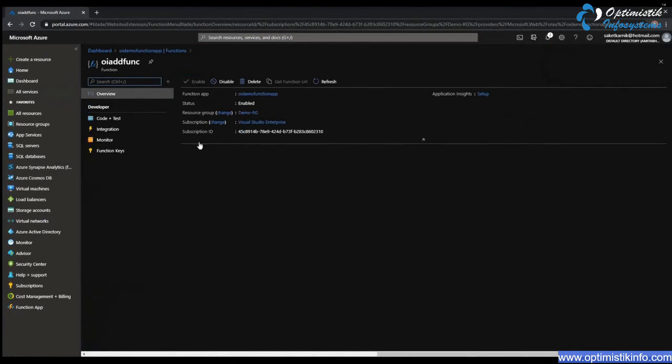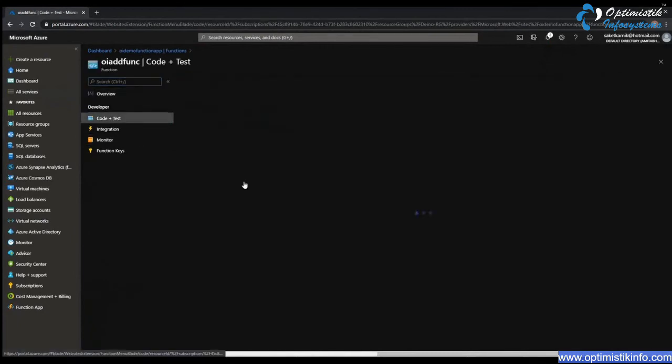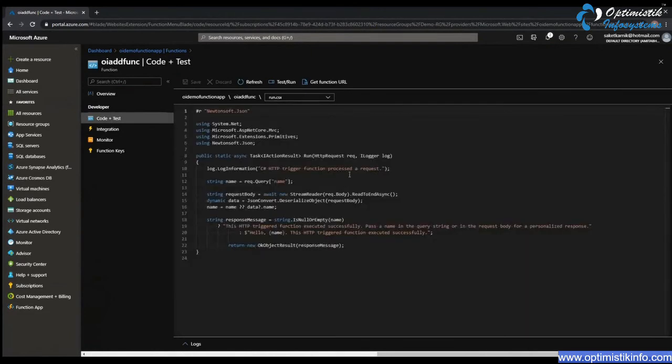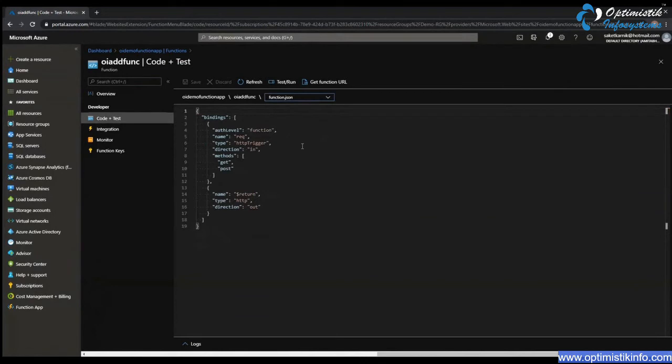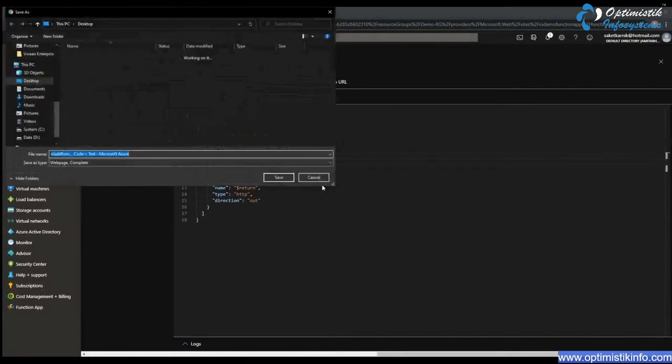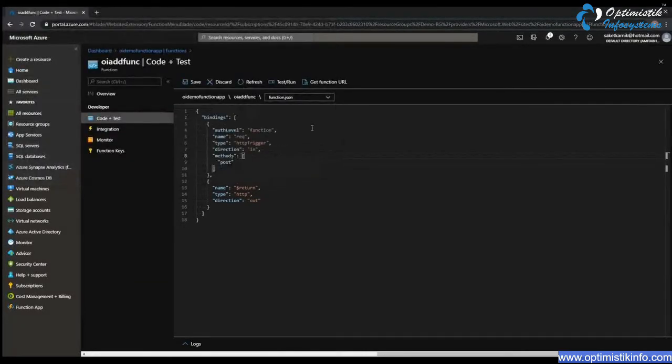Function gets created, the dashboard opens up. I just go to code plus test here. First thing I do is edit the function.json, where I remove this get. At any point in time, I can come back and add this get once again. This is just like that attribute that we put in web APIs. Save this